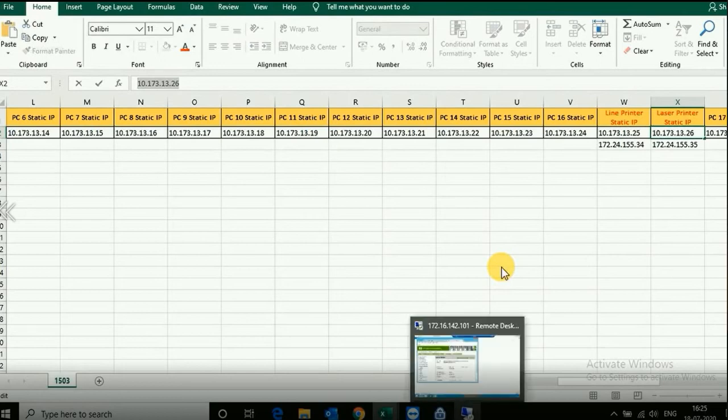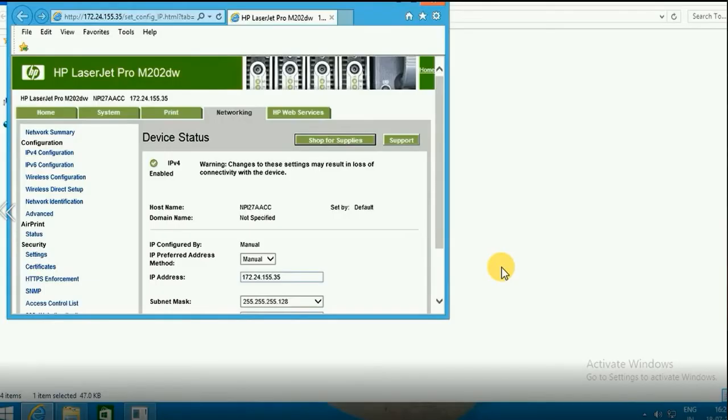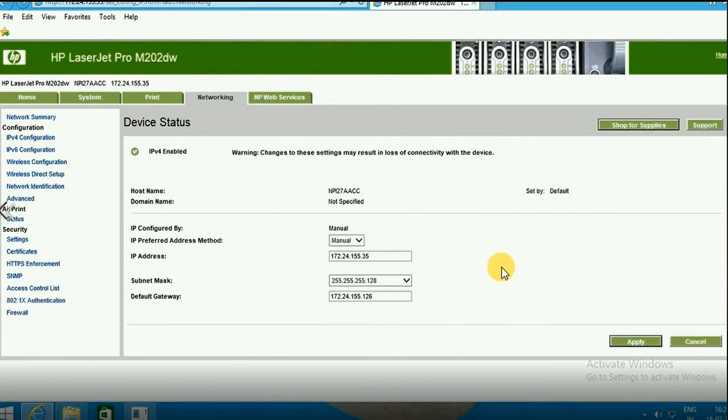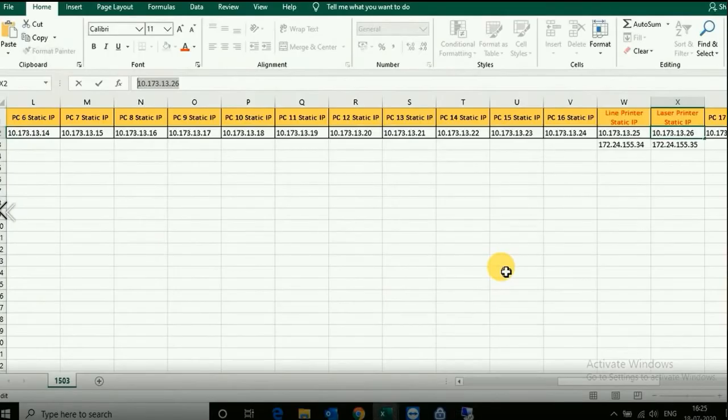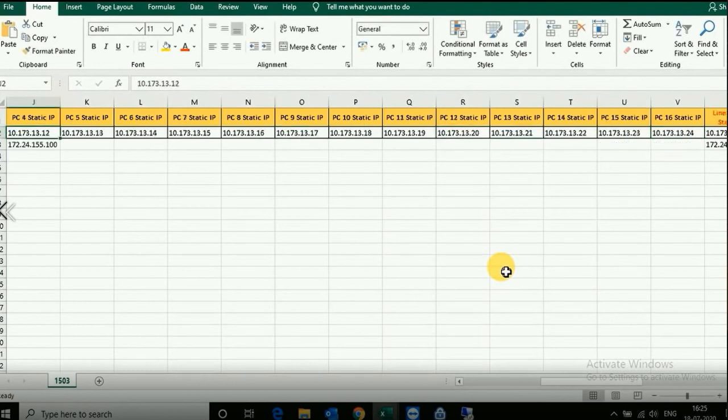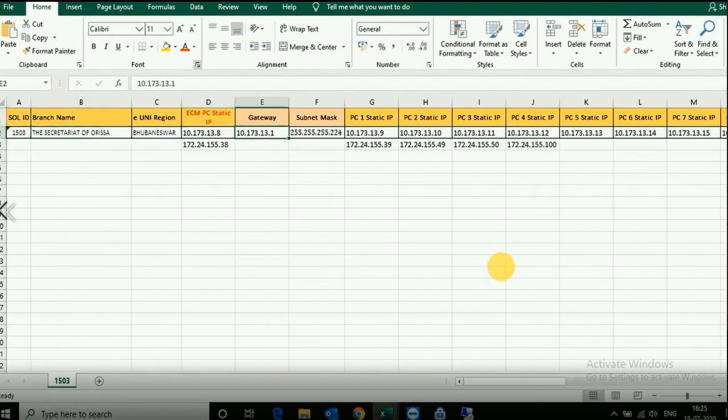We also need to confirm that the printer is attached to that particular PC. After typing and pressing enter, a console will open, and in the console we need to change the existing IP of the printers to the newly given 10 series IP.